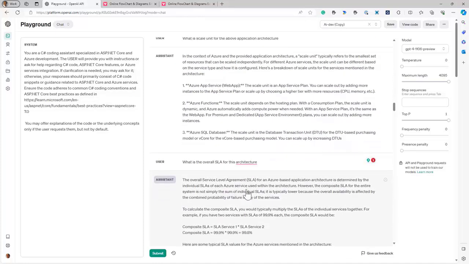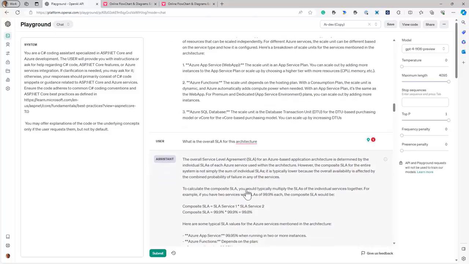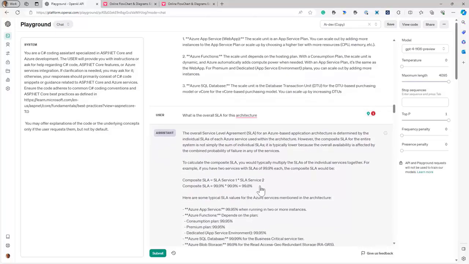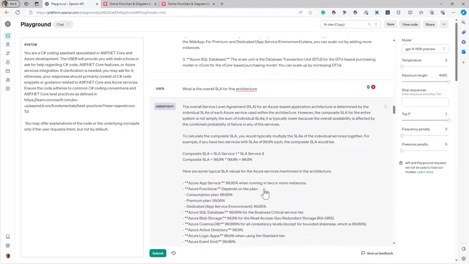The next thing I want to ask about is the overall SLA. So it has proposed us a candidate set of services. These services have different SLAs, and we are asking it to come up with an aggregated SLA. So if you know this already, you'll appreciate that SLA is typically a multiplication. So if I have two services that have an SLA of 99.9, I'll end up with a composite SLA of 99.8. So it's slightly lower. It went ahead and calculated.